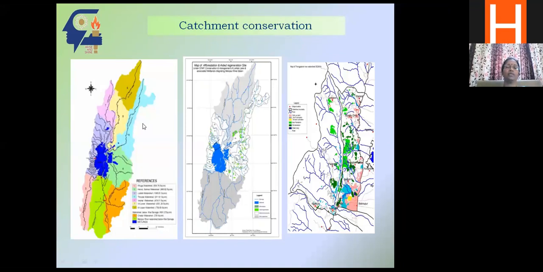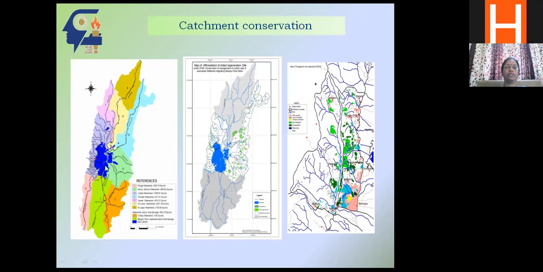The next one was heavy siltation in the catchment. Every lake or water body has its own catchment area. This blue color portion represents the lake, and you have all these drainage lines with catchments. Around 7 major rivers and another 3 or 4 small streams were there. When we took up a study, we tried to assess the soil loss in these watersheds. Whatever soil is washed away just gets silted up in the lake. Because of that, the capacity of the lake goes down, and the DO content and degradation also start with that.